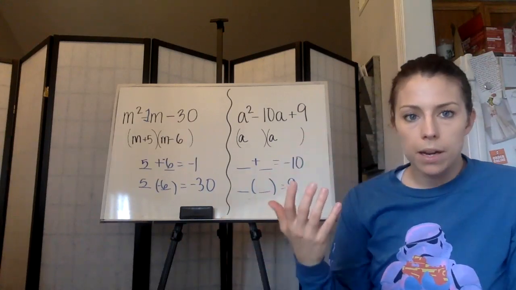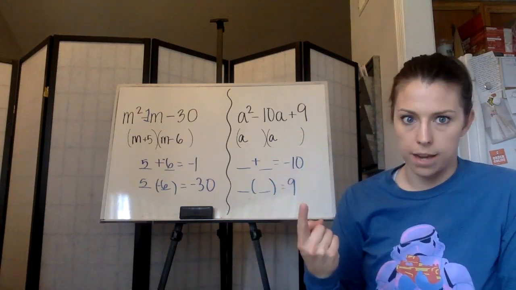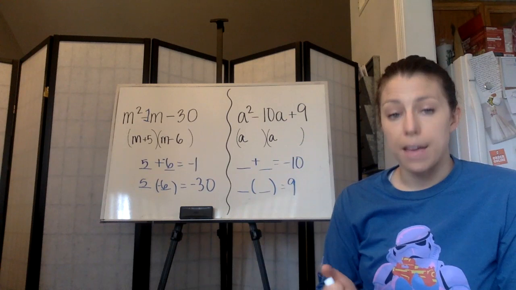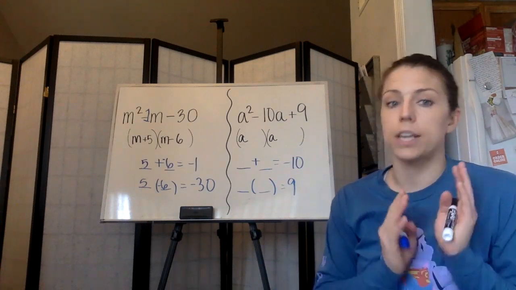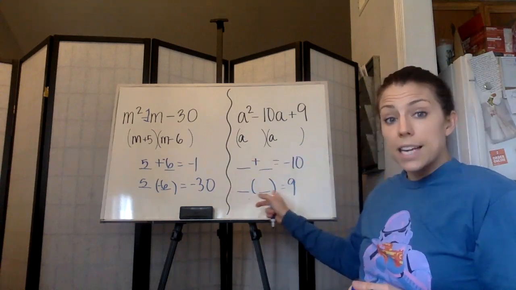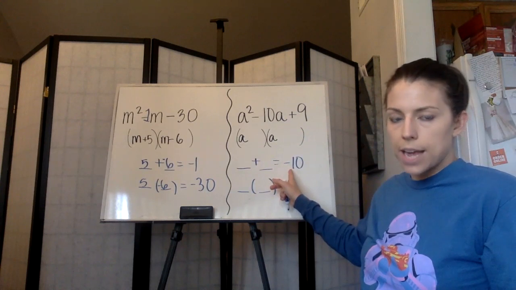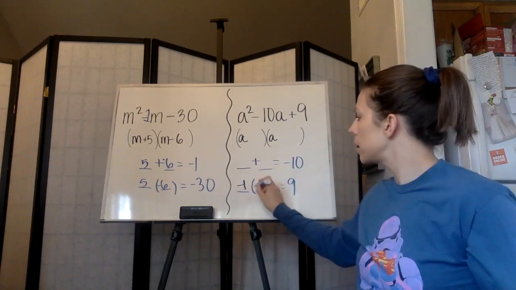Well, you're forgetting about a number that goes into every single number in existence. That number is 1. So 1 can go into everything. So anytime you're dealing with a product, always try 1, just to be sure. 1 times 9 is 9, and 1 plus 9 is 10, but we don't want 10, we want -10. So